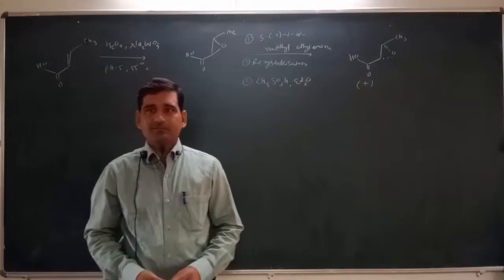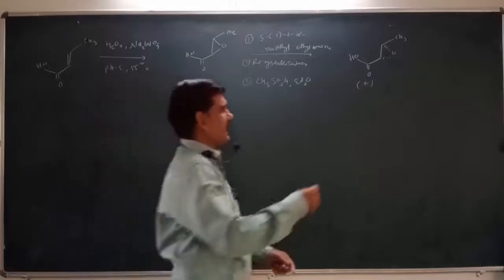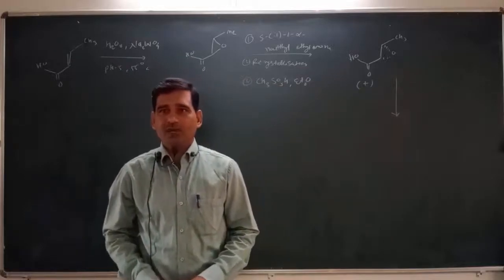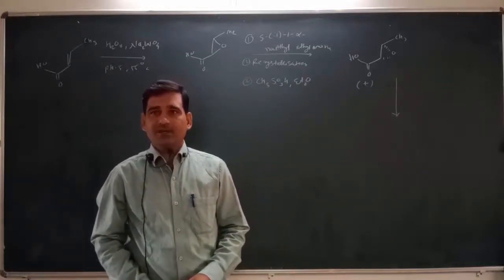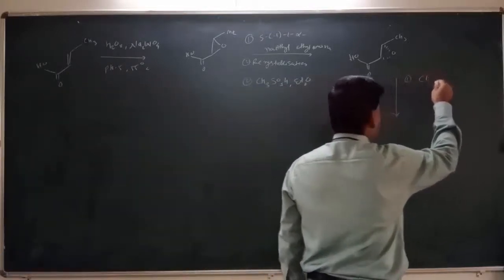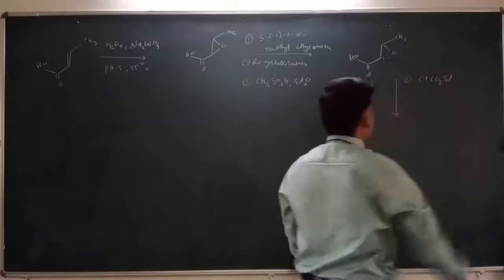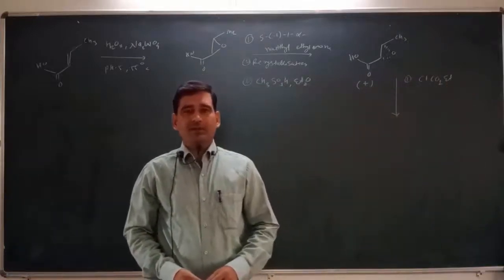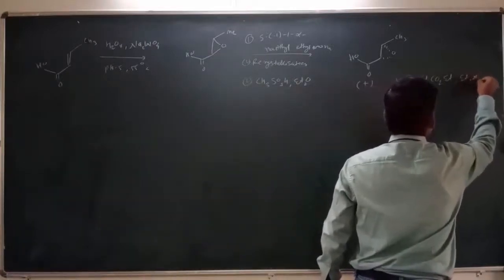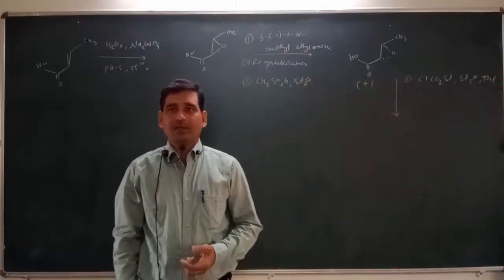Then in a further step we are doing the conversion of this acid group into the alcohol. That means we are reducing this acid group into the alcohol by using a reducing agent, or firstly we can convert this compound into this chloro. So that is conversion of this acid group into the anhydride by treating it with ethyl chloroformate, with triethylamine in the presence of THF. That means firstly it can be converted into the anhydride.